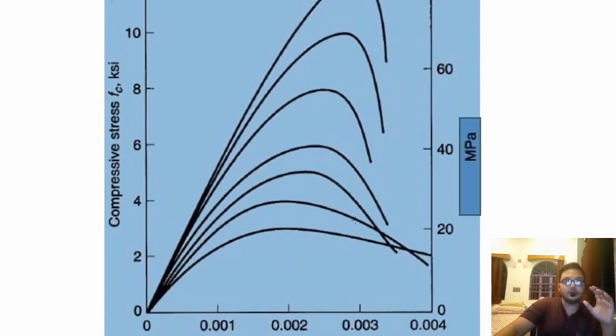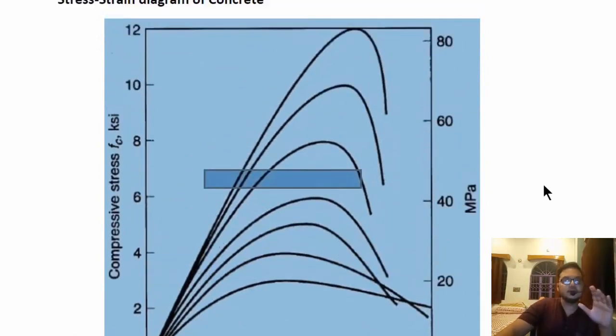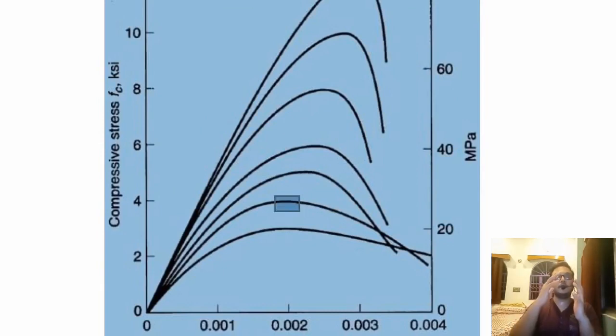For cubes of different strength, these graphs will be somewhat different, but even if the graphs are somewhat different, the trend is quite similar: at a certain point they will reach the peak value, that is, the highest amount of compressive stress one particular specimen of particular compressive strength can take. One specimen will take up to a certain compressive stress, and then it will collapse further and the strain will keep on increasing.